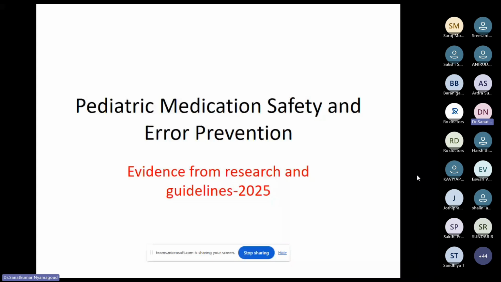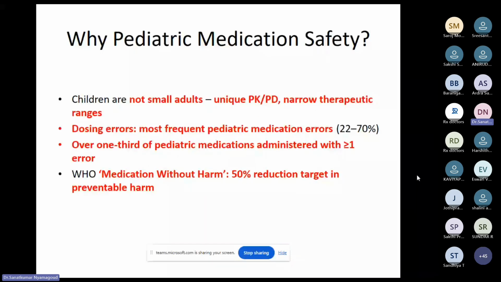So let us see why it is very important to have pediatric medication safety. When it comes to medication safety, it is all about whether the particular drugs being used in the population are safe, effective, cost effective, and efficacious. Usually, whenever we talk about any drug, most of the time we try to understand whether the drug is safe or not. The first and foremost thing we do is assume that drugs used in the population are safe, and that is why we use them. But we also know that every drug is a chemical, and it's toxic.